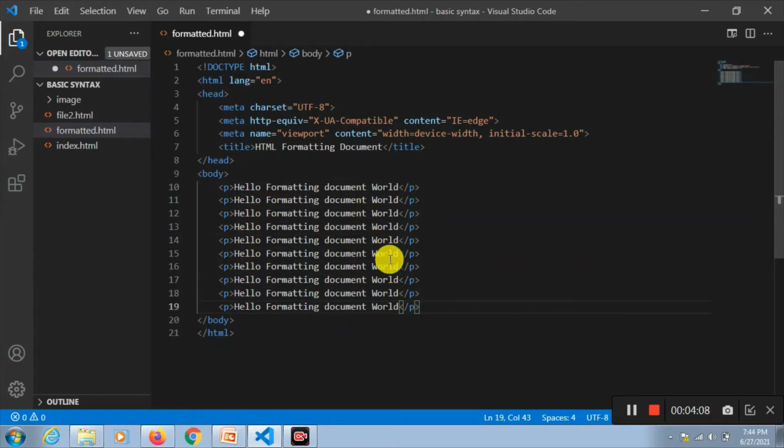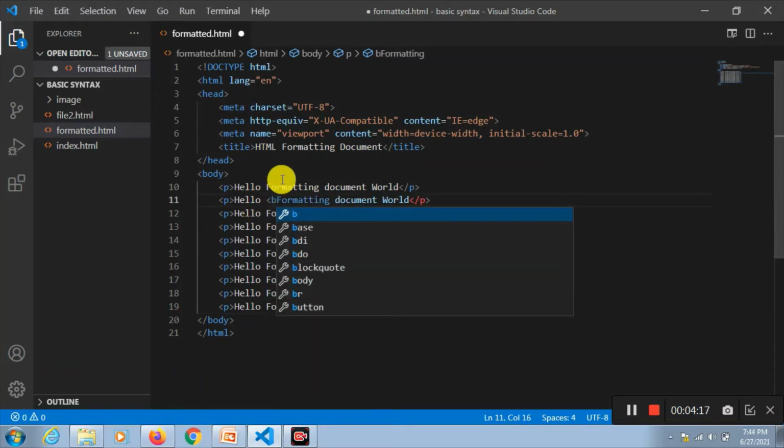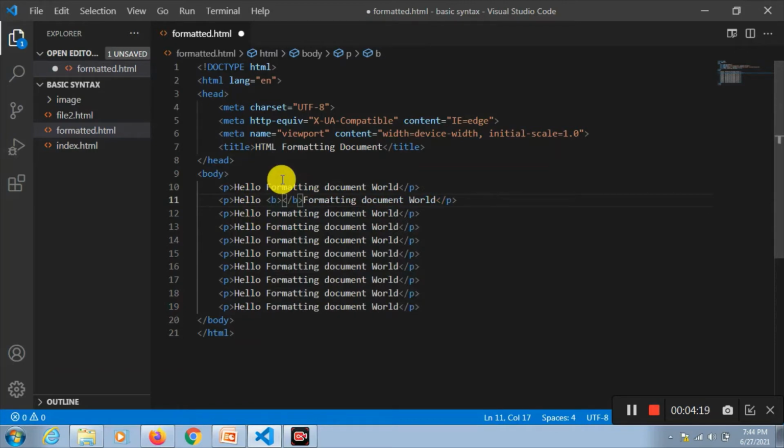The second one, let us make it bold. So what you can do, you can give here B tag. The closing B tag should go after the word where you want to end the formatting. In our case here.